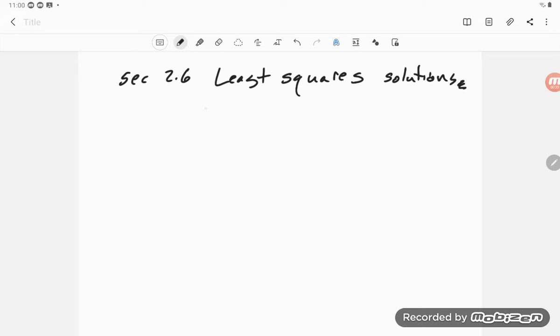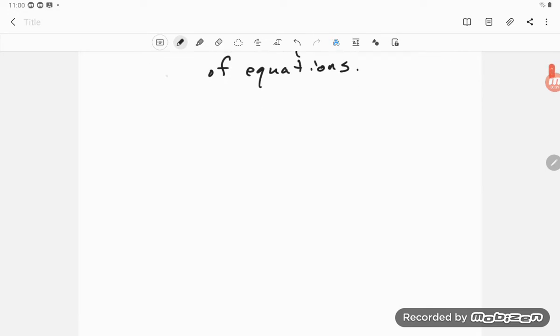So I guess this is least squares solutions of equations. And this boils down to the idea of, I want to solve AX equals B, where